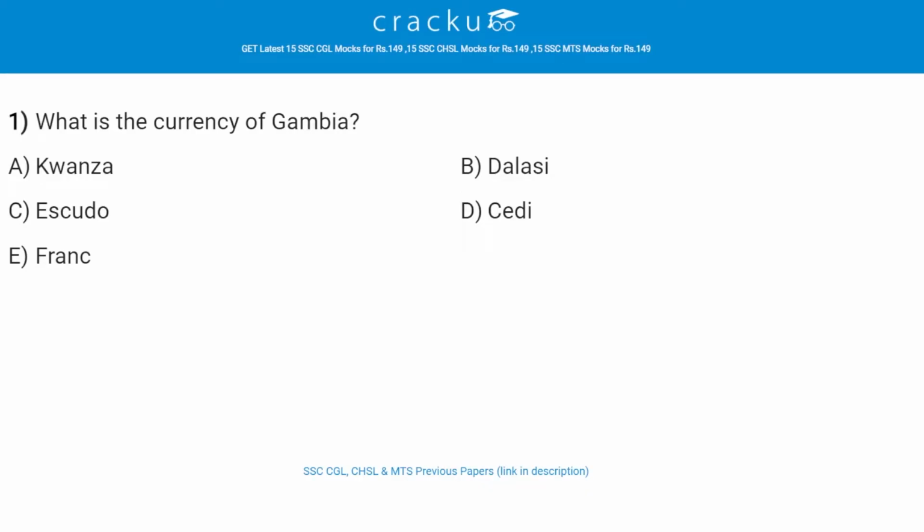What is the currency of Gambia? The correct answer is B, Dalasi. The Gambian dalasi is the official currency of the Republic of Gambia, and the dalasi replaced the Gambian and West African pound in 1971 at the rate of